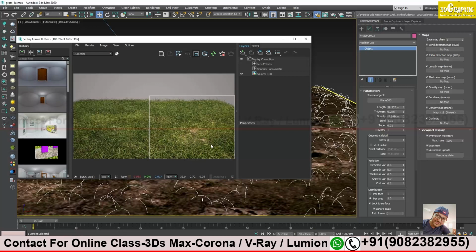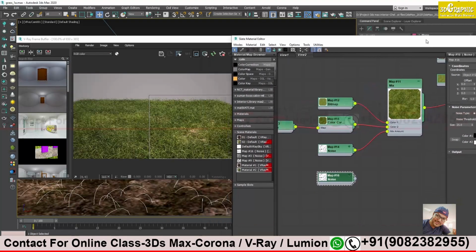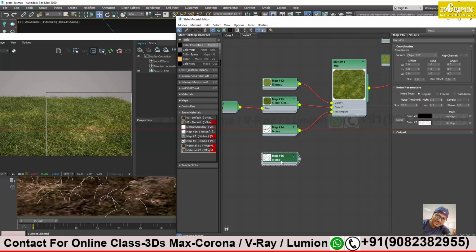Let's do some changes on this noise map. We'll make this a little bit aside so that I can see the preview. Let's do something with the size. If I can reduce the size, the black and white value is good. Only thing is that maybe spread it on a bigger area, no? So let's reduce the size.